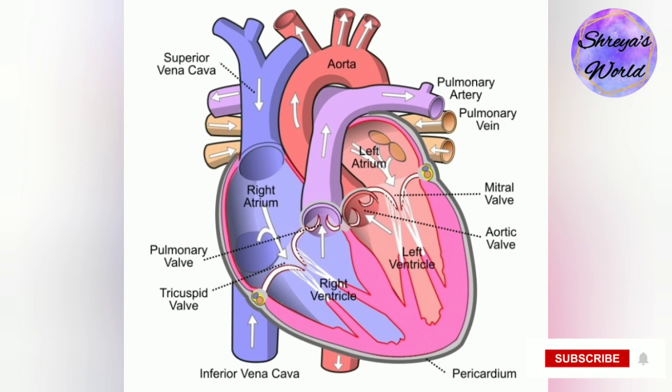The right ventricle and right atrium are comparatively smaller than the left chambers. The walls consist of fewer muscles compared to the left portion and the size difference is based on their functions. The blood originating from the right side flows through the pulmonary circulation while blood arising from the left chambers is pumped throughout the body. Next we have the valves.